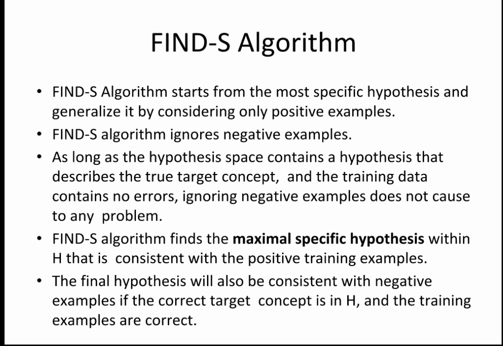How we are going to do this in your FindS algorithm is simply start with a question mark at all the places. When you read the first training instance, you will simply replace those question marks with all the values that you have read in the training instance. But the fact that you need to keep in mind is that you need to check only the positive examples. If you encounter a positive example, only then will you update your hypothesis. If it is a negative example, you will not do anything with your hypothesis. You will not change anything in your hypothesis. Again, do not get confused with that hypothesis word.